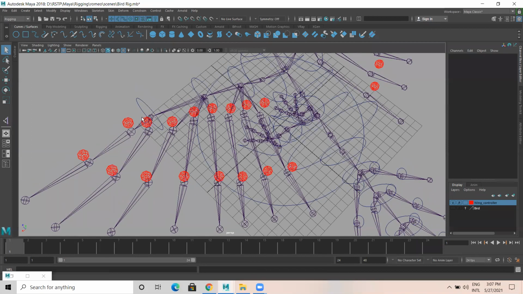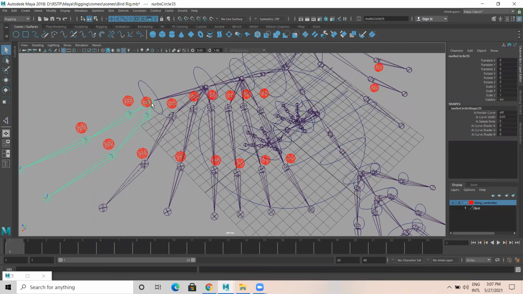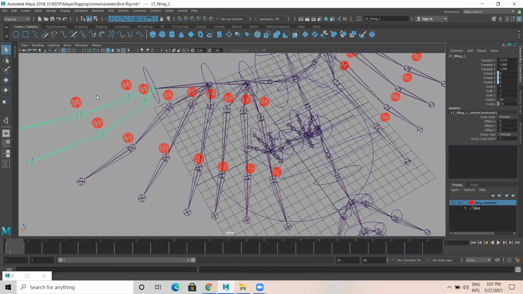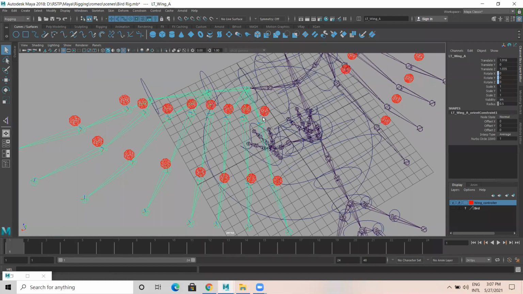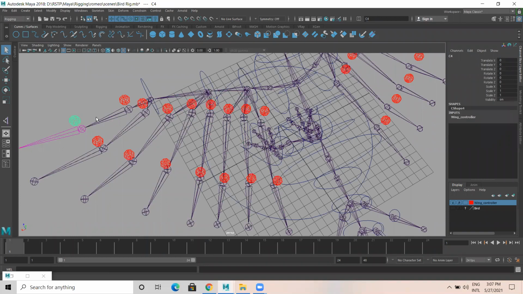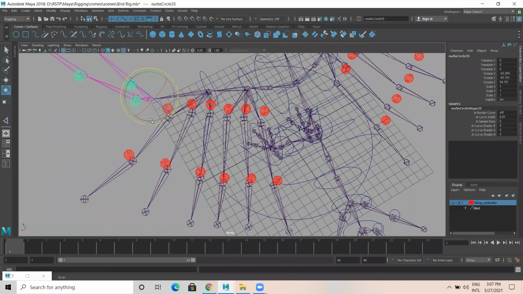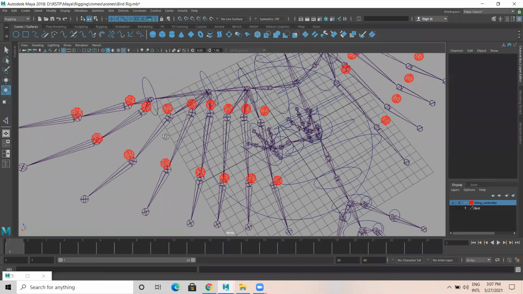Now the parenting part. If you observe here, this joint is having four controllers. Only this joint is having 6 controllers. You have to do it like that. This is a child of this, P. This is a child of this, P, and these two are the children of this one, P. So when I select this, automatically you get these 4 controllers along with that.